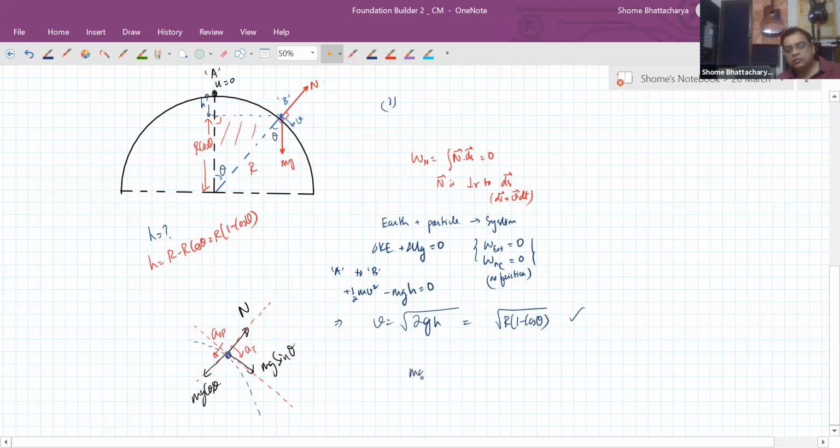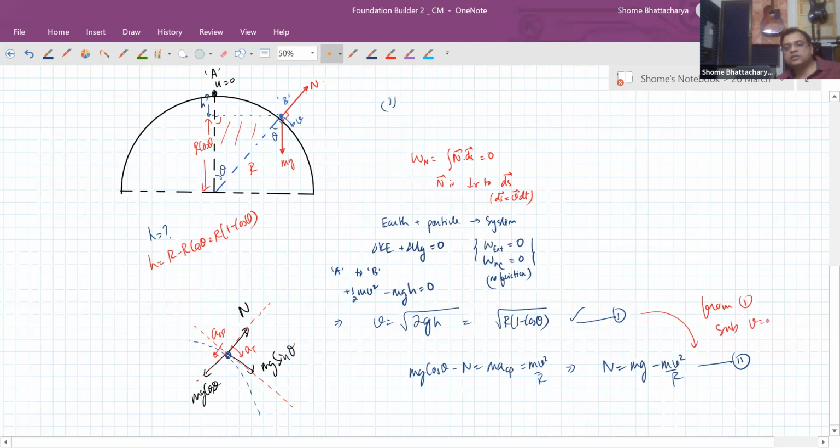So mg cos theta minus N is equal to mass into centripetal acceleration. So that's mv square by r. From this equation we'll get N as mg cos theta minus mv square by r. So this is our second equation, whereas this was our first equation. Now you substitute this here. From the first equation, substitute v square as